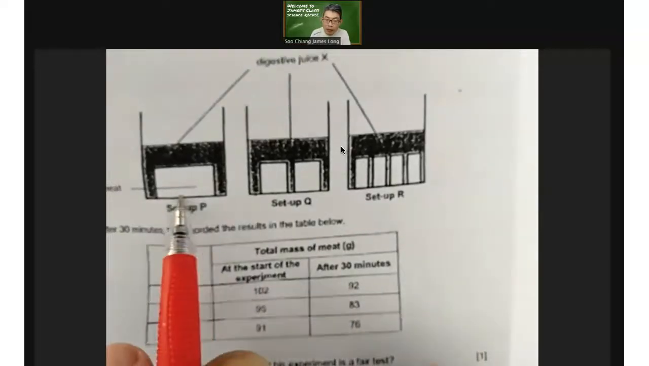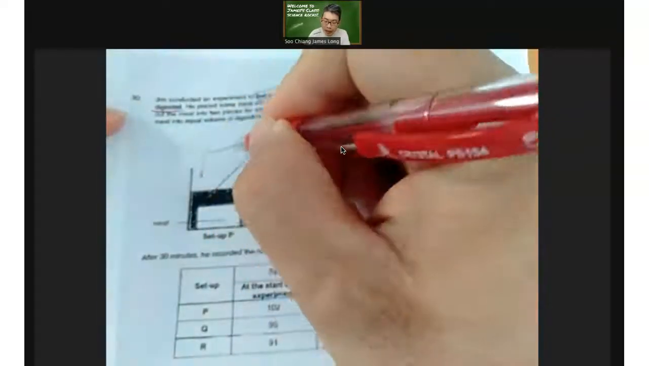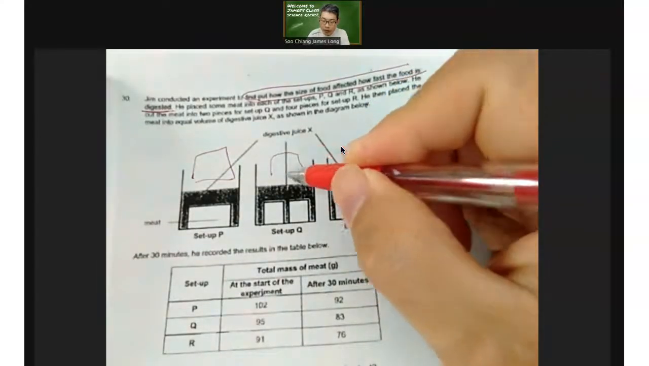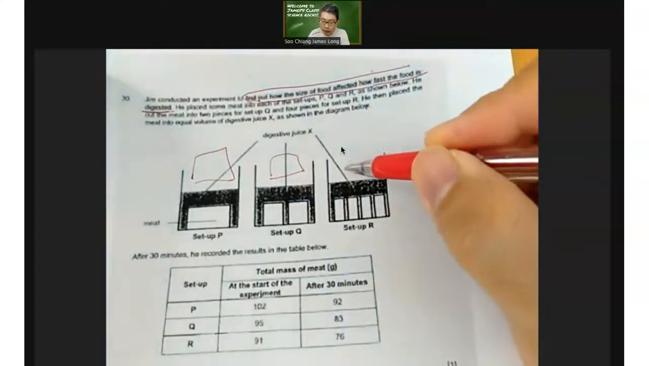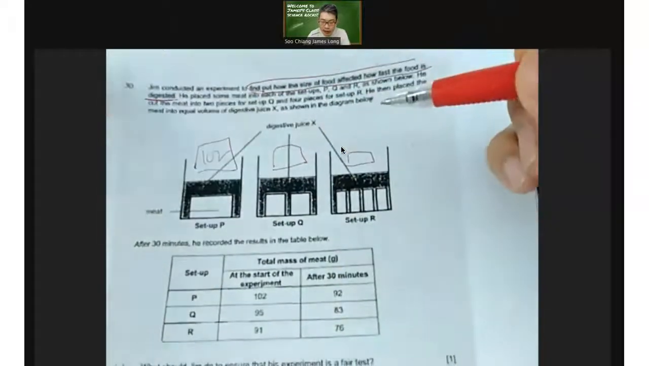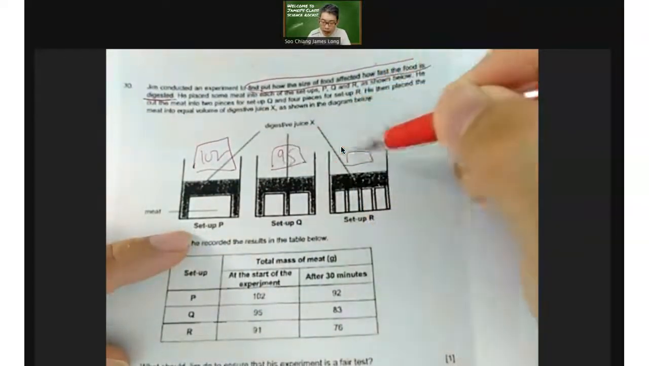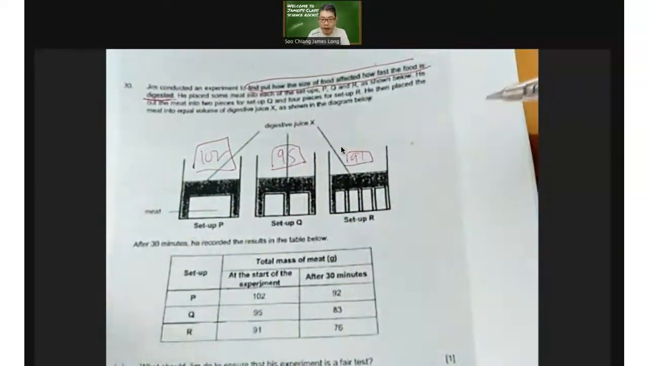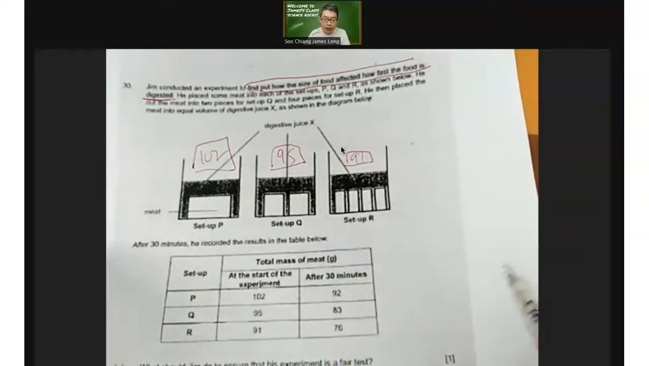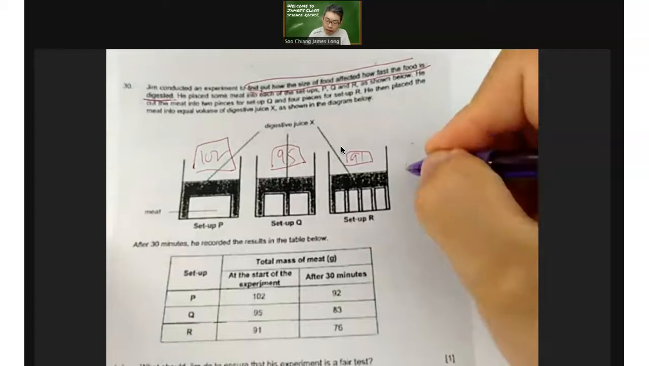Then shouldn't the picture here show a big slab of meat, followed by a smaller slab of meat, followed by an even smaller slab of meat? Maybe the mass here is 102, like in the table. Here it could be 95, here is 91 grams. That will be a fairer experiment. The only changed variable is only the size. So what else is different here? They cut it up. When they cut into more pieces, what has changed? The surface area,